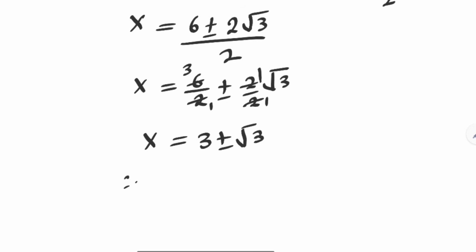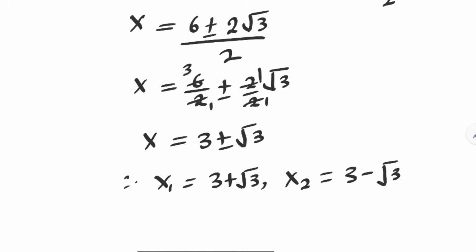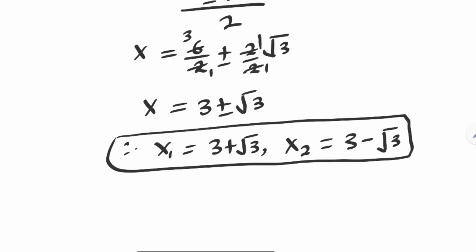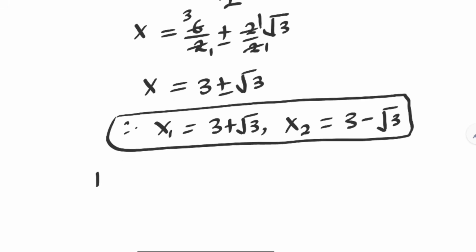Therefore, x1 is equal to 3 plus root 3 and then x2 is equal to 3 minus root 3. These are the values of x. We've gotten the values of x. Let us solve for y. To solve for y,